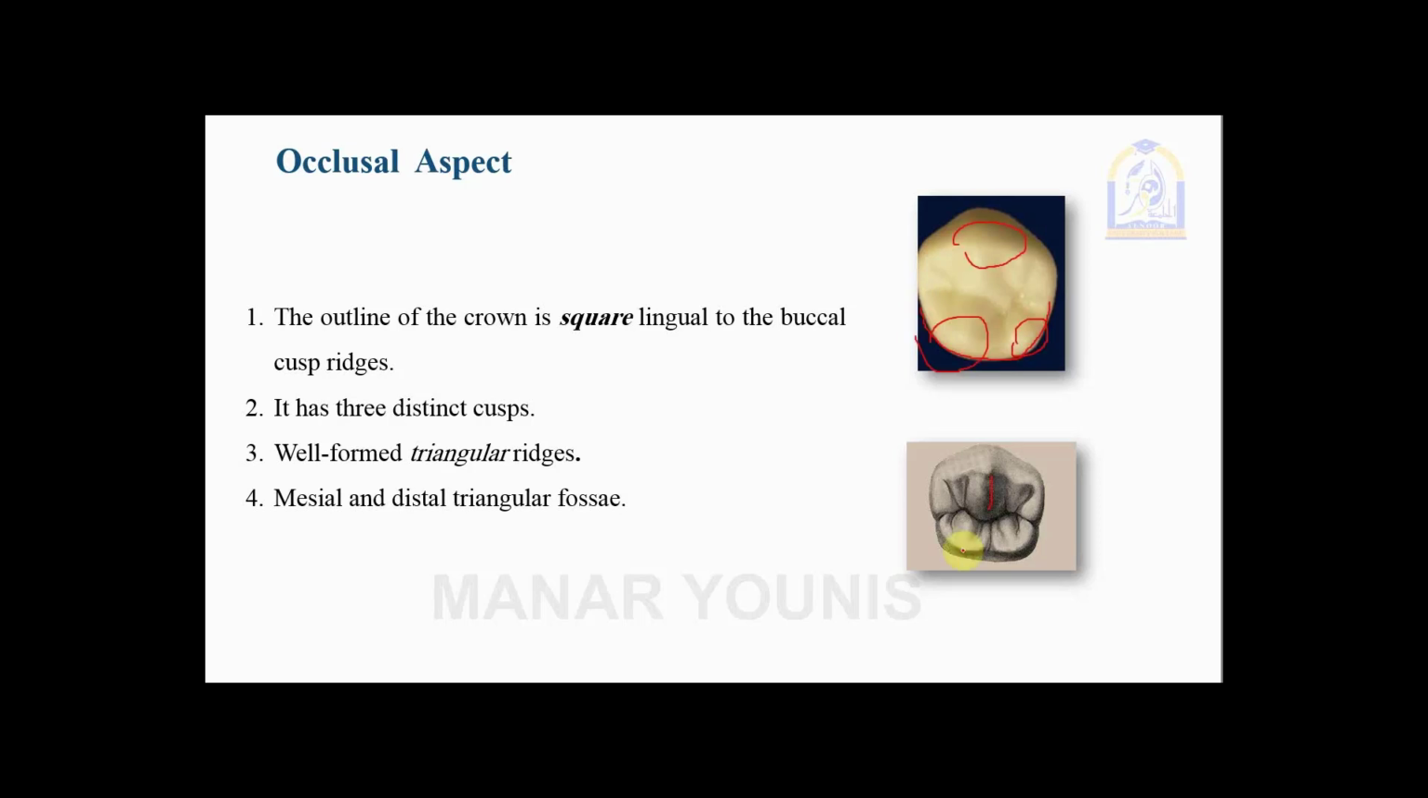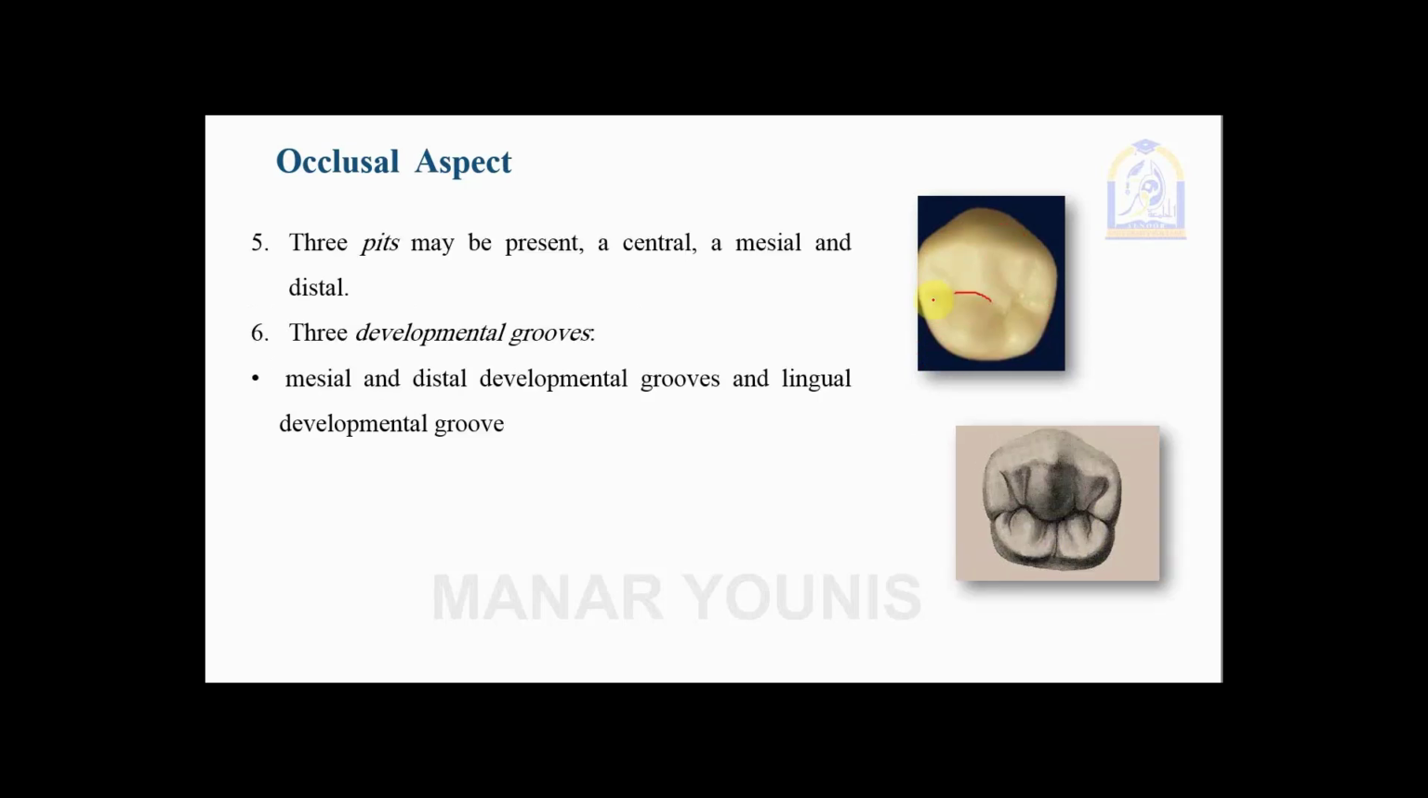As you can notice here, the outline is square lingual to the buccal cusp ridges due to the presence of two lingual cusps. It has three distinct cusps: the buccal cusp, the mesiolingual cusp, and the distolingual cusp. The buccal cusp is the largest, then the mesiolingual, and the distolingual is the smallest. Each cusp has a well-formed triangular ridge. So this is the buccal triangular ridge, this is the mesiolingual triangular ridge, and this is the distolingual triangular